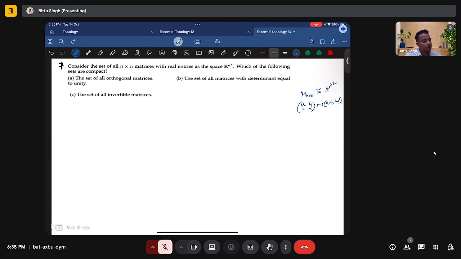So, which of the following are compact? Again, by the Heine-Borel theorem, compact is true if and only if it is closed and bounded. So we only need to see whether those subsets are closed and bounded or not. For option A, this is the set of all orthogonal matrices, denoted O(n). This is a subset of M_n(R). So is it a closed subset? How can we check? Consider the map